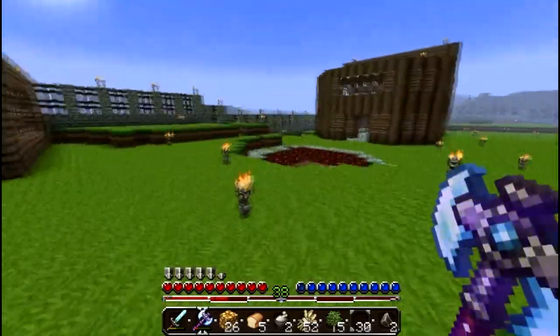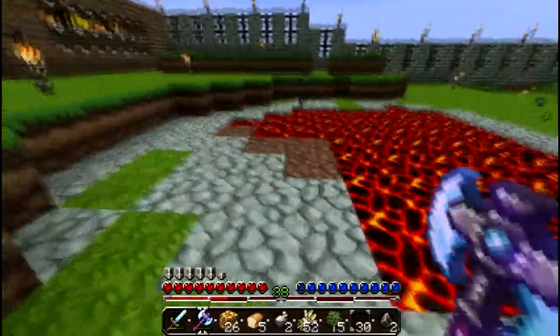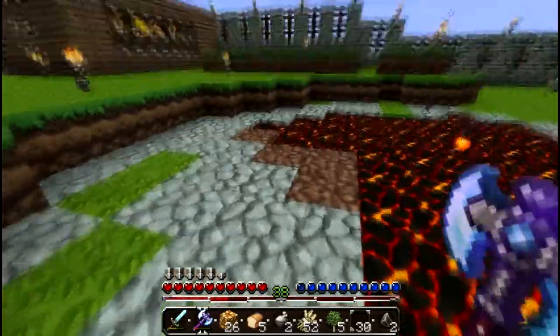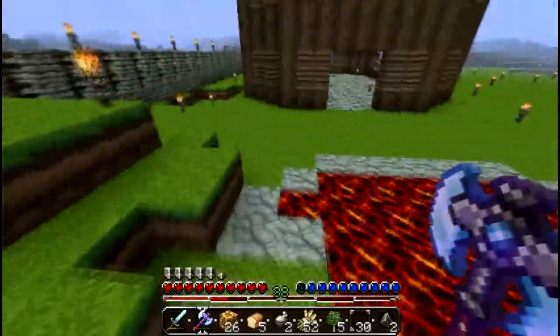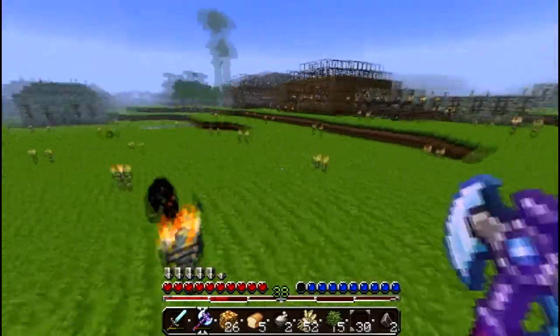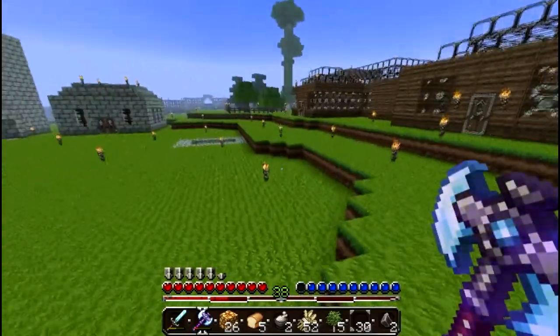Another thing is that I'm not really sure what to do with this lava lake. I kind of want to use it somehow, but I'm not really sure how, other than just making a house with a lava floor. That's not very original. So if you have any ideas, I would appreciate those in the comment section down below,